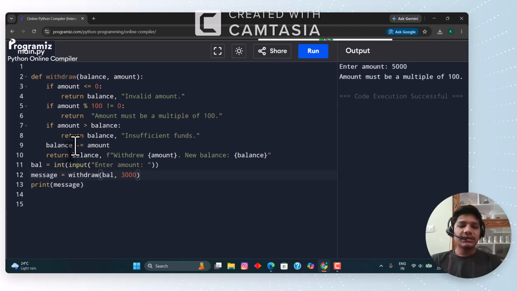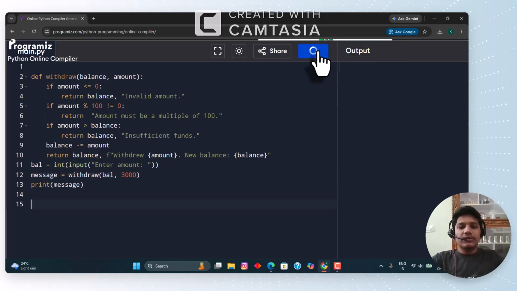That is the reason why we use these increments and decrements. Here we are doing a decrement, but it's not in a loop. So we decrement only once, balance minus amount, and it becomes the new balance for us. So when we enter 6,000, 6,000 minus 3,000, we get 3,000. So that 3,000 is the new balance for us. It's the same as that. So when you run it, it gives